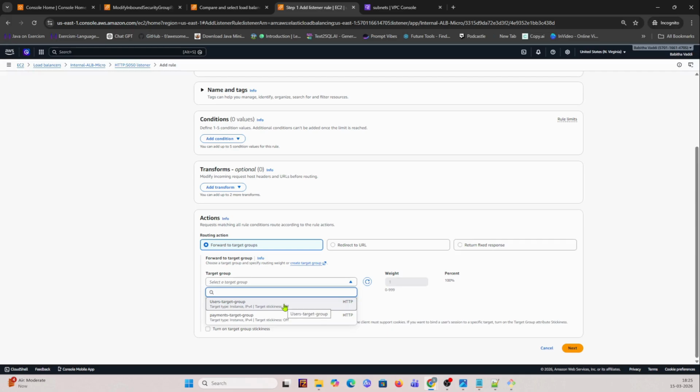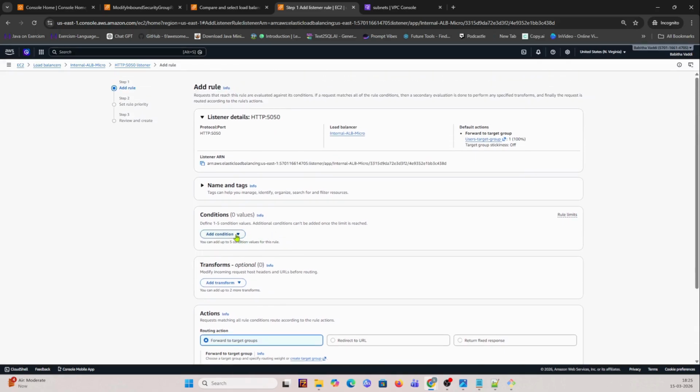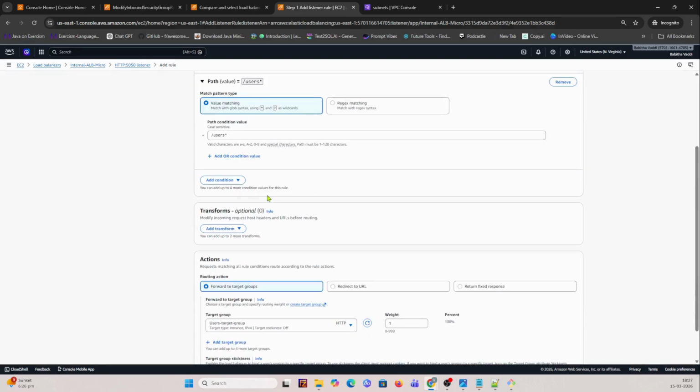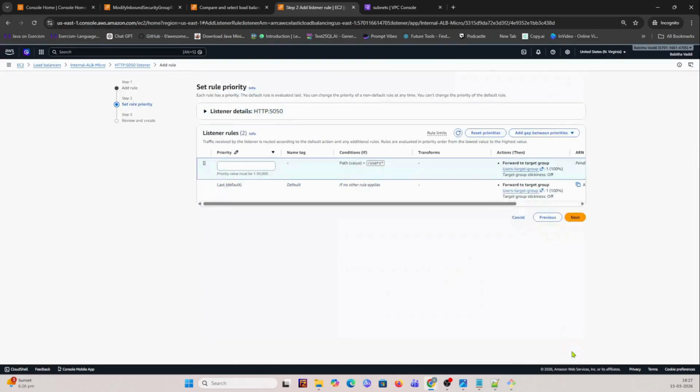So you can give that target group here, and now for slash user you need to direct the traffic to the user group. So you can click on next,